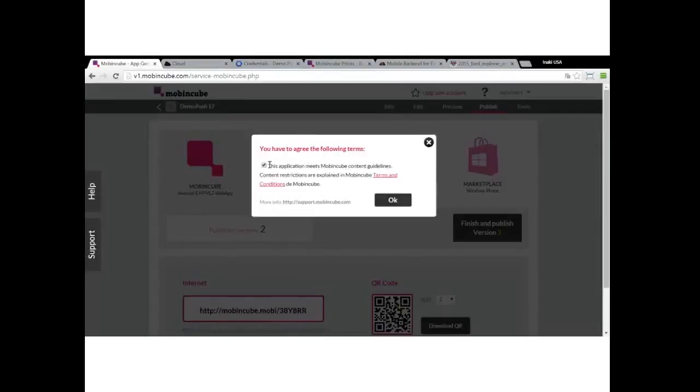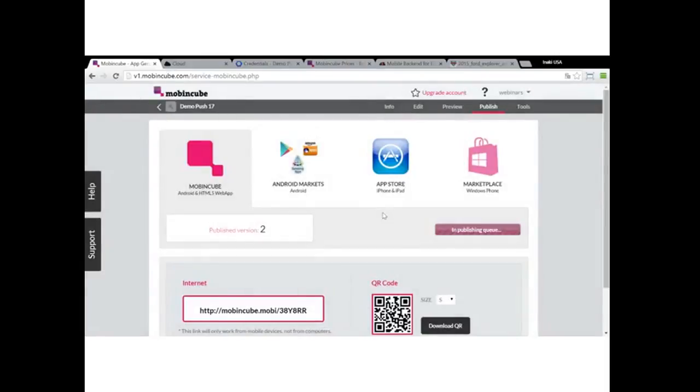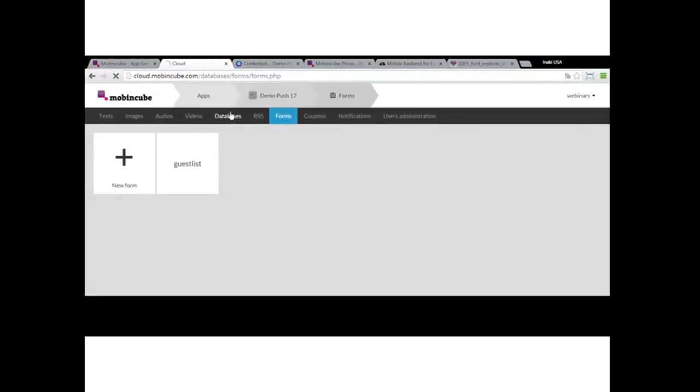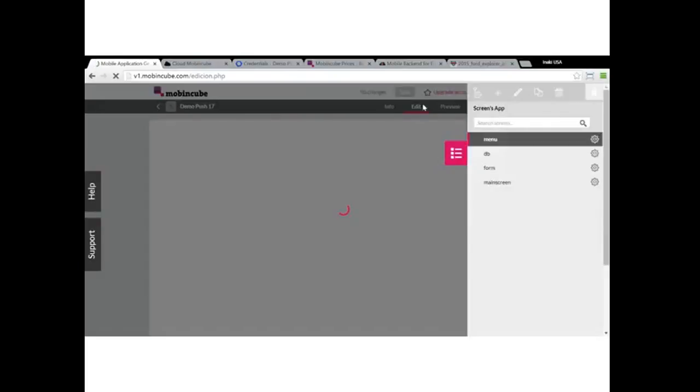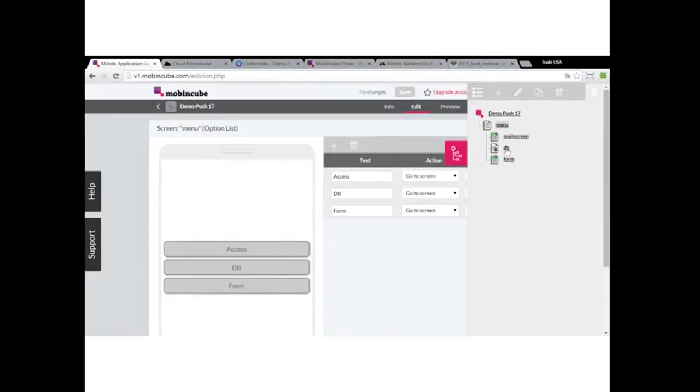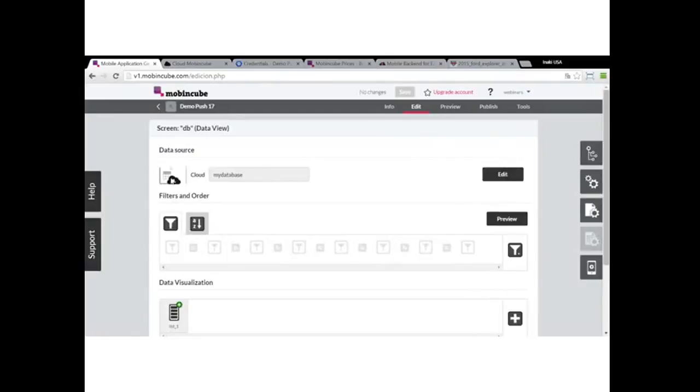So let's publish the app again. Publish a new version. Finish. Accept terms. So now I guess it will take 3 to 5 minutes. In the meantime, I can add more content. While it's being generated, let me go to MovingCube and I will show you how